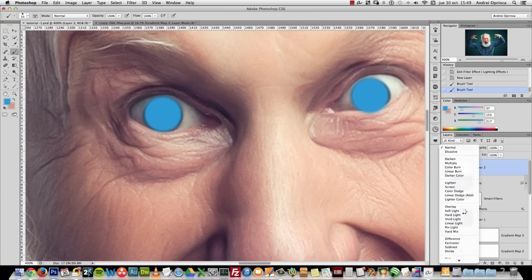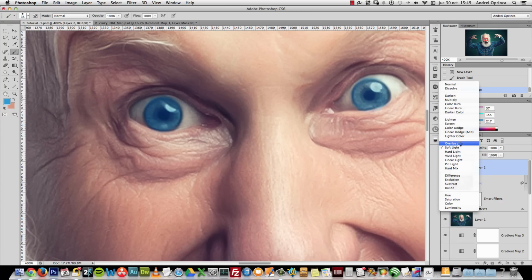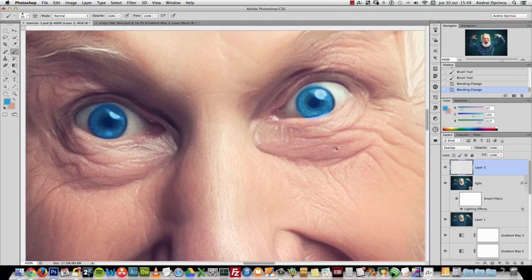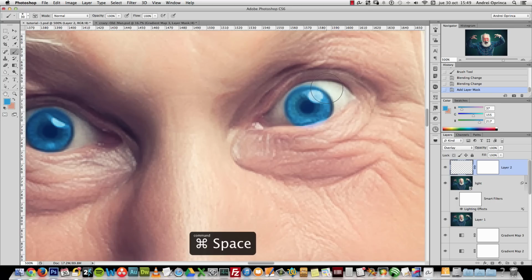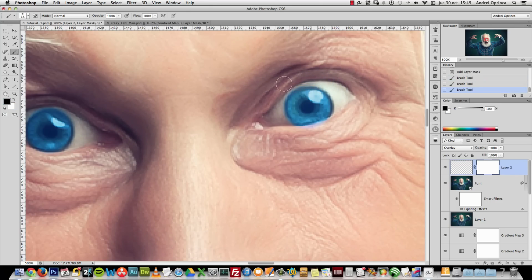Change the blend mode to soft light. You can try other blend modes. Maybe overlay will look better. Now create a layer mask and use the same brush but with hardness set to 0 to remove on the layer mask. Paint with black on the layer mask to remove these edges a bit,